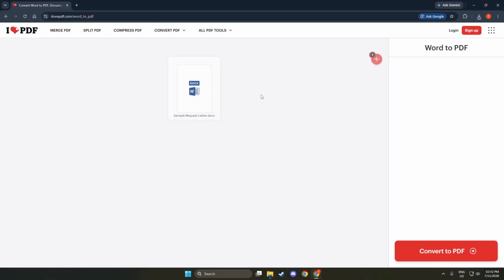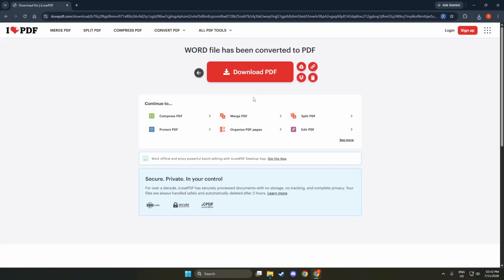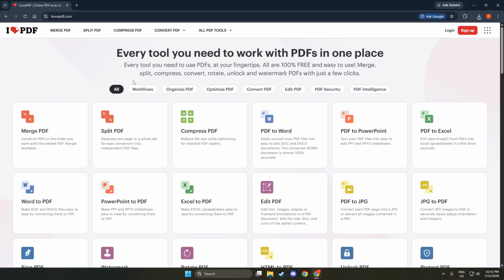Next, click All PDF Tools or open the menu. This action reveals a drop-down list of all the available features. It's essential to familiarize yourself with these options. They include merging, splitting, and editing PDFs, among others. The menu serves as your guide throughout the process, ensuring you have access to everything you need.